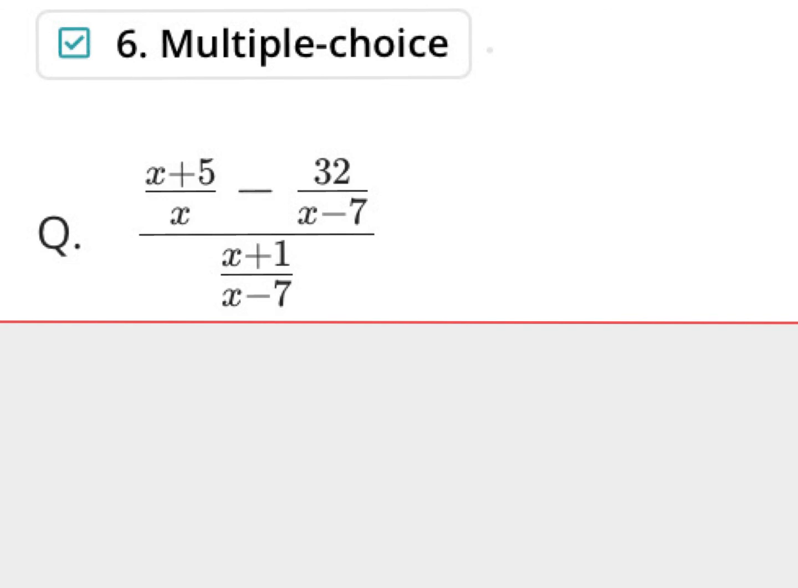En esta pregunta, why am I talking in Spanish? On this question,